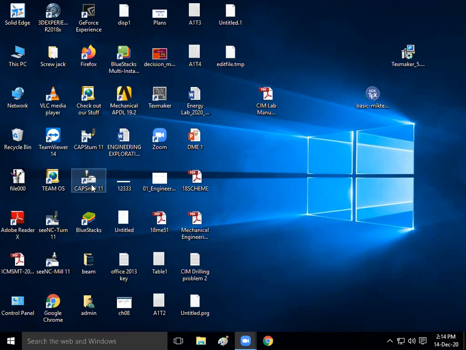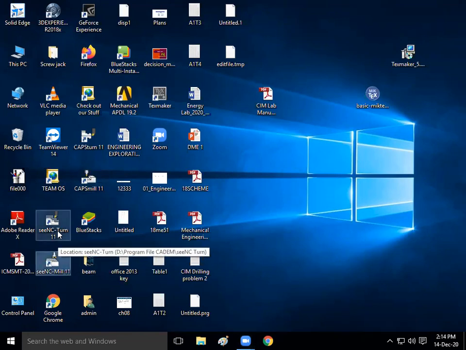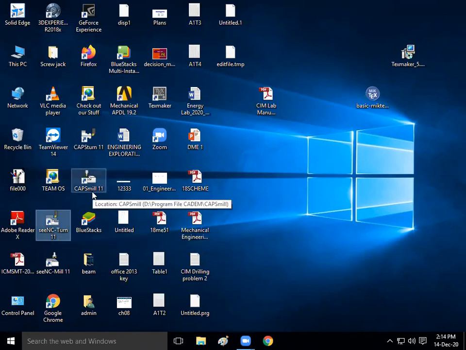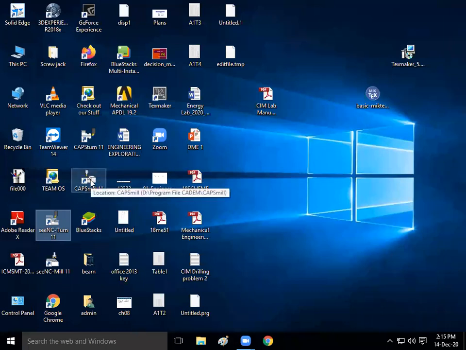Of the previous four problems, two we have done in CNC mill and two in CNC turn. Next, to create this part, I am going to use the CapsMill. The screen is visible, no? Yes, sir, it's visible. Okay. So to create the shown part, I am going to use this CapsMill 11. I am going to double click on it.